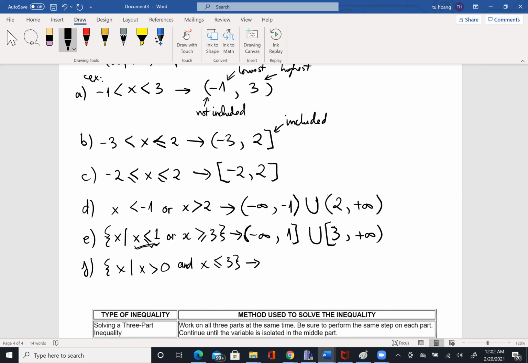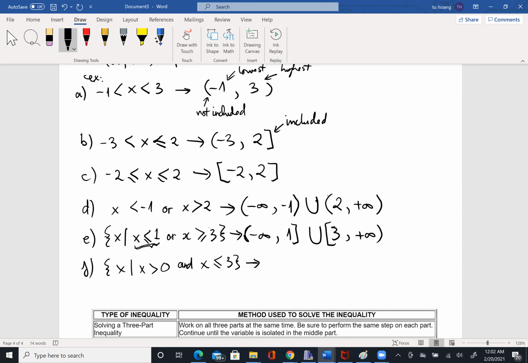I'm going to change it to interval notation. So in here you should know that for x greater than 0 and x less than or equal to 3,